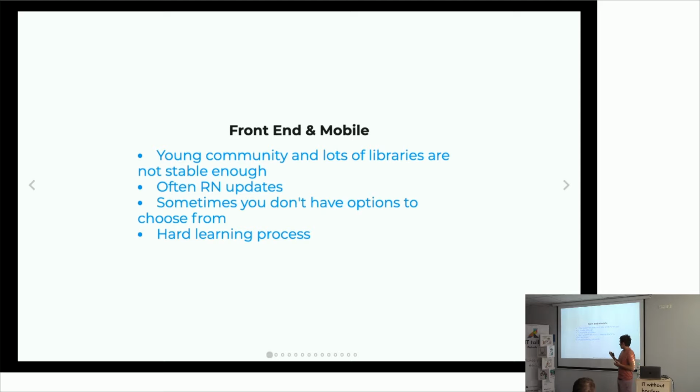So when I started, I had a feeling like you take the front-end developer, you drop him on React Native, and he's fine. So he's doing things. But it appears that React Native has a pretty hard learning process. You are faced not only with issues related to the front end, but you consistently face issues related to Xcode, which is the IDE for iOS, and Android Studio for Android. And if you don't have experience in mobile development, you're not fine at all.